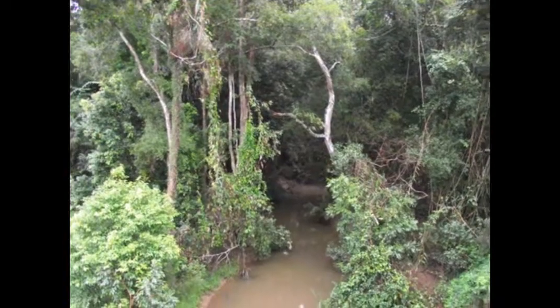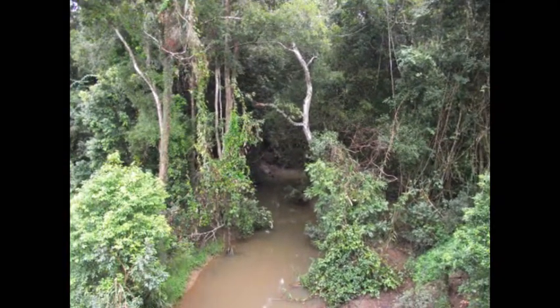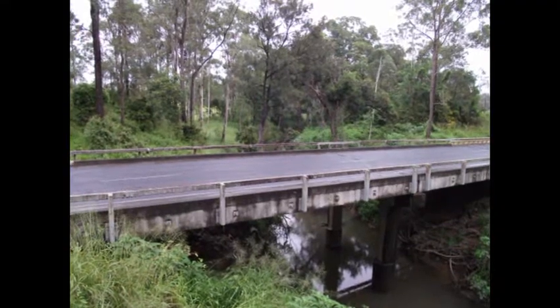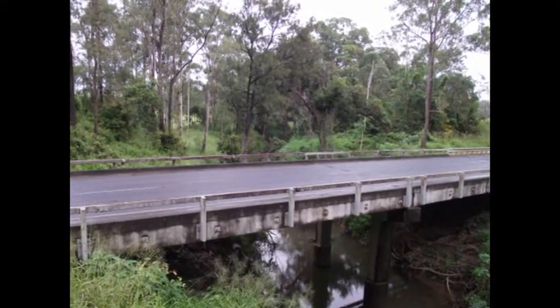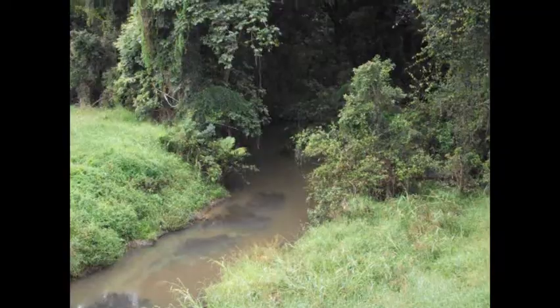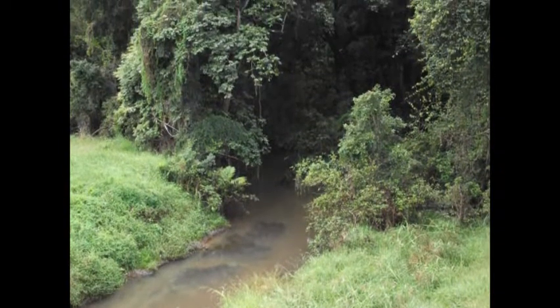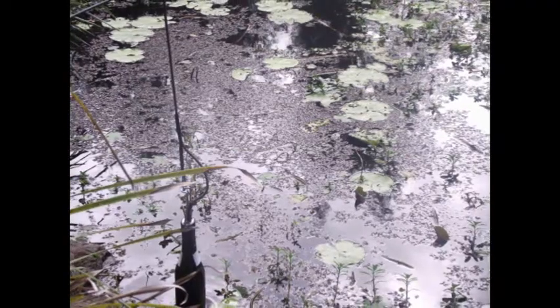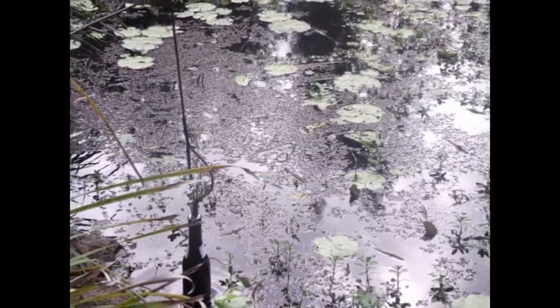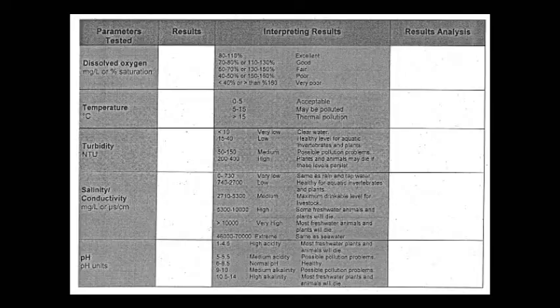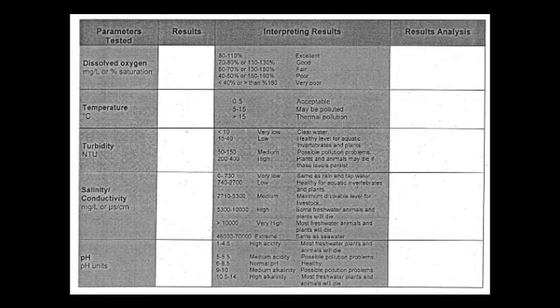Burpengary Creek begins at a height of 340 metres above sea level in the Dagula Ranges and flows into Deception Bay just south of the mouth of Caboolture River. On your visit to the creek, you will conduct tests on water that flows into Burpengary Creek using physical, chemical, and